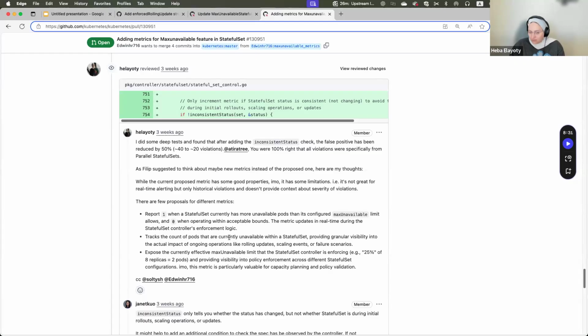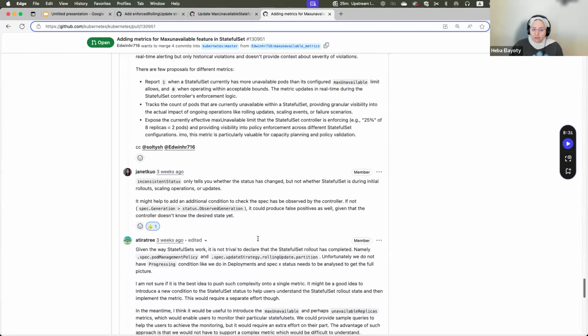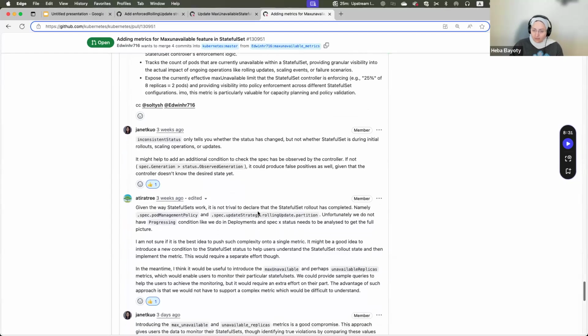So I suggested some very complex ways to enhance the inconsistent status, or we can just propose different metrics altogether, because I felt this might not be the best metric for users to predict whether the max unavailable they set is good or not. Thanks to Jeanette and Philip, they already proposed something, I just read it this morning.